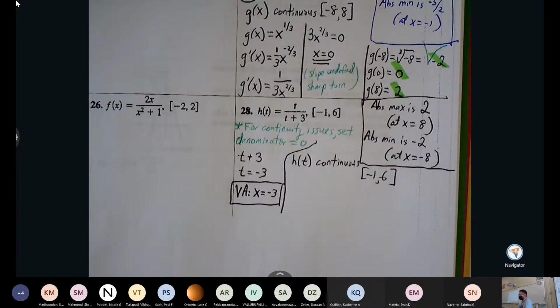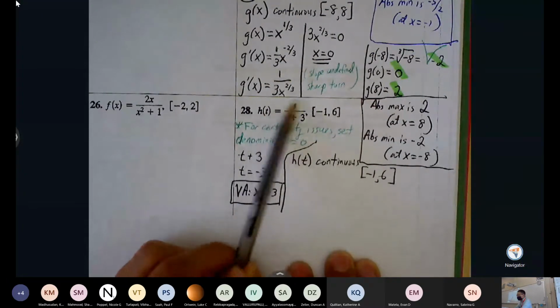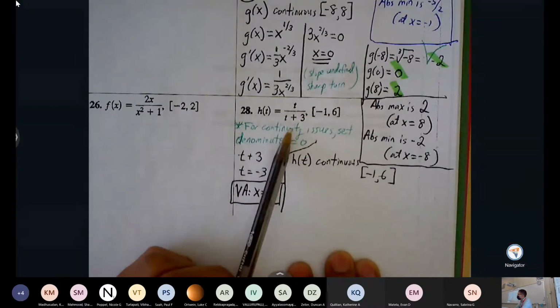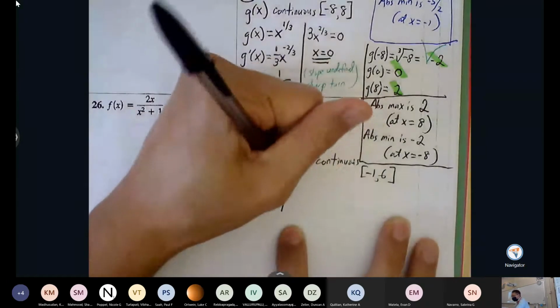Find the derivative, right? Now look at how this is set up. What's involved in our derivative process? Quotient rule, right? I know quotient rule is from chapter 2, but it's not going to go away. We're going to see quotient rule, chain rule, product rule in chapter 3. We'll see it in chapter 5. We'll see it next semester. So it's not going to go away. Okay, so H prime